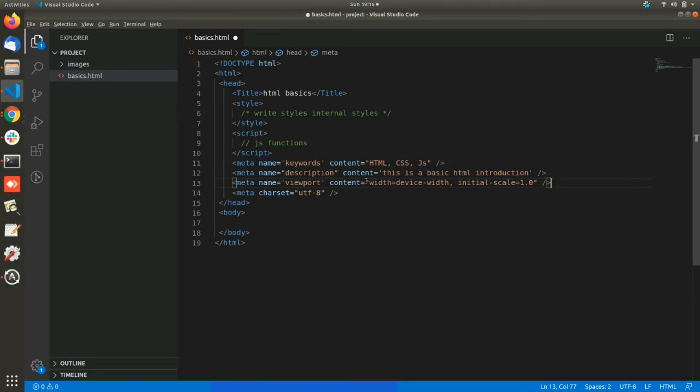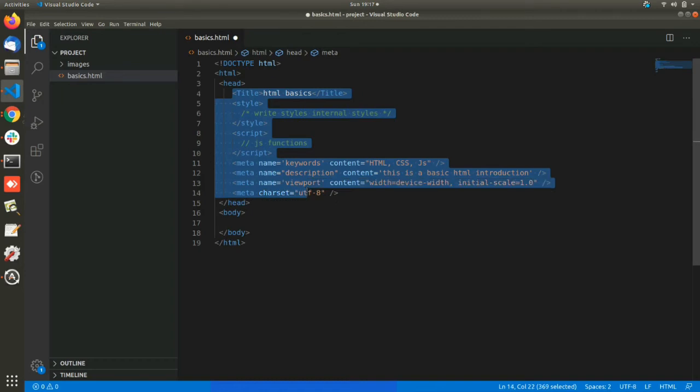Here the viewport is nothing but the browser viewport, and this is for the responsiveness of the web page, and this initial scale gives the initial zoom value when we refresh it. So these all are used in the head tags.